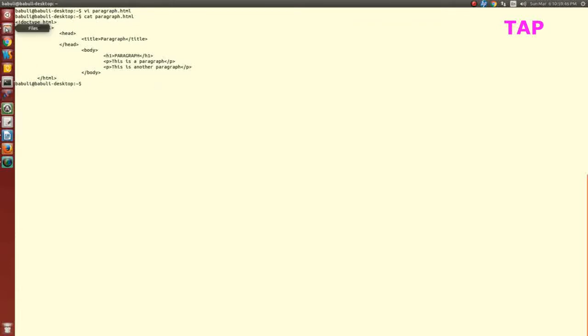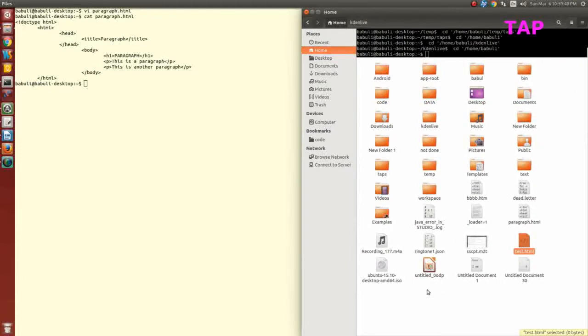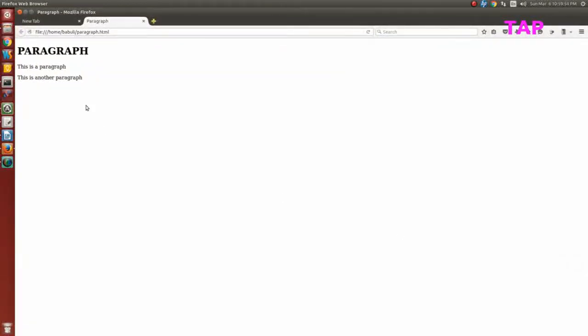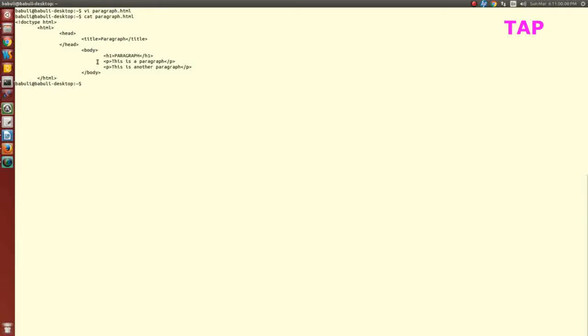Because I have used two different paragraph tags, I am getting the output in two different lines. I have used one paragraph tag here and one more for the next line, so the output also is coming in the same way.